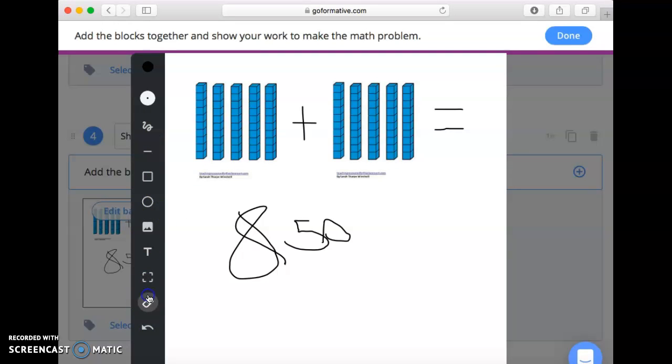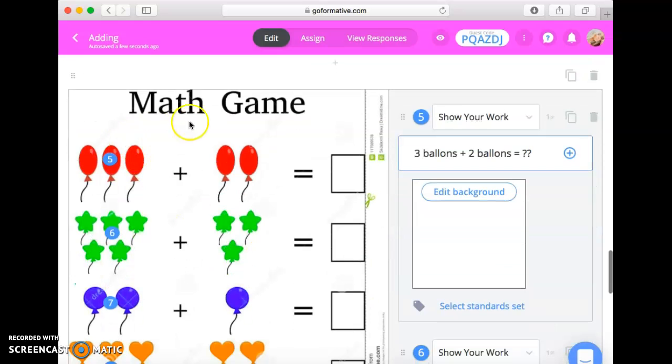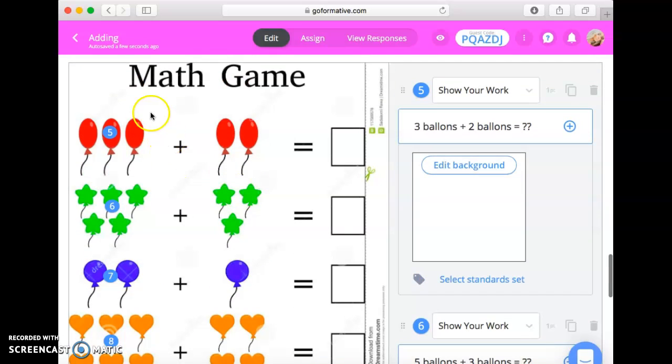Here I'm going to erase this. I did not mean to do that. And then you can also upload a PDF or a Word document for your students. If you are wanting them to do a certain PDF or Word document, you can assign a question for each